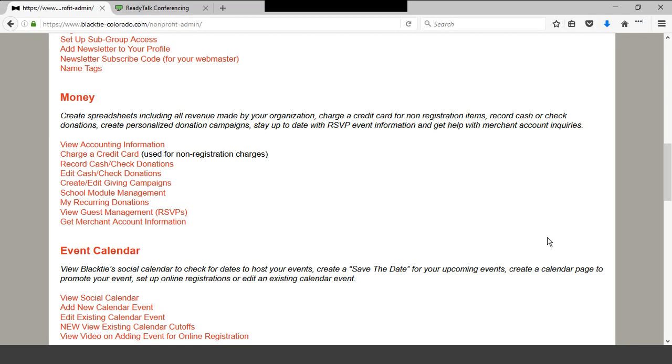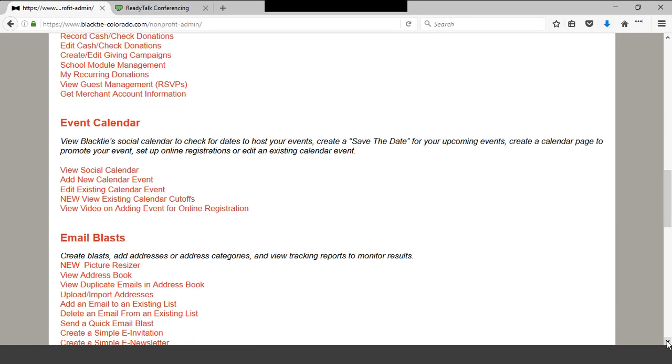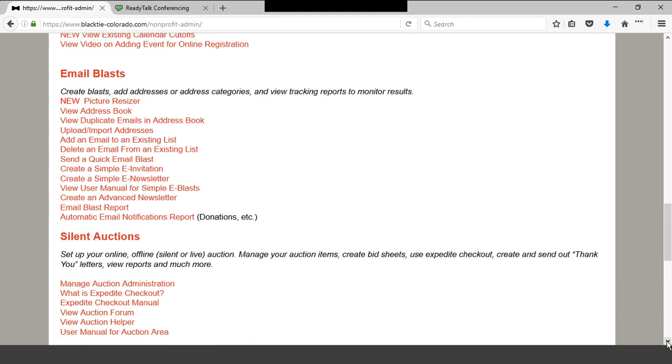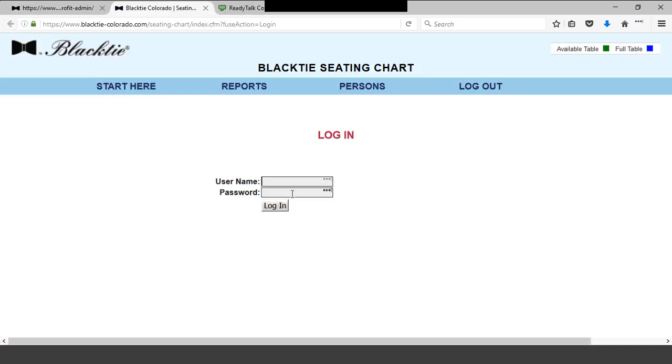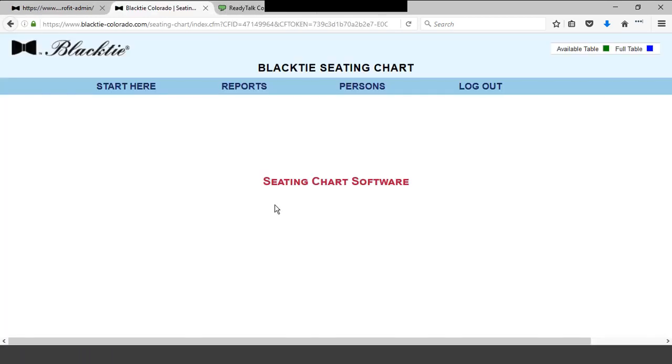Now we're going to show how to utilize the black tie seating chart. Once you log into your member area, go down to where it says View Table Seating Chart, and a separate username and password is needed to log in. It can be the same as what you use to log into the black tie site with, but it doesn't have to be. Anyway, use the credentials that you've been given to log in, and if you're successful, you'll